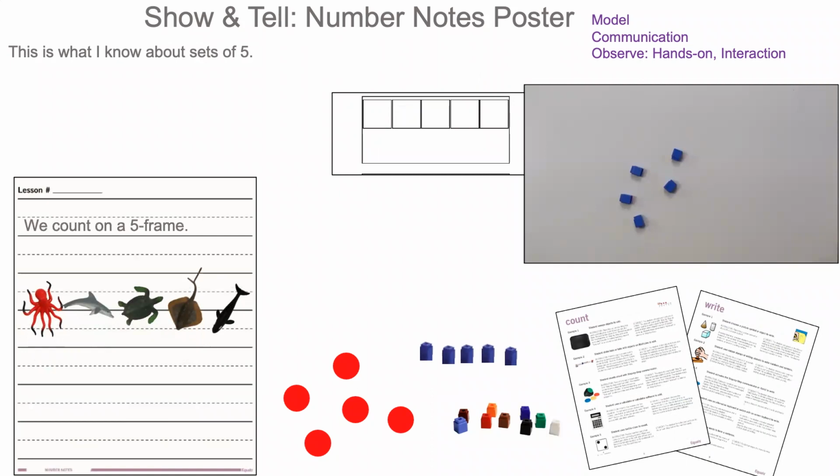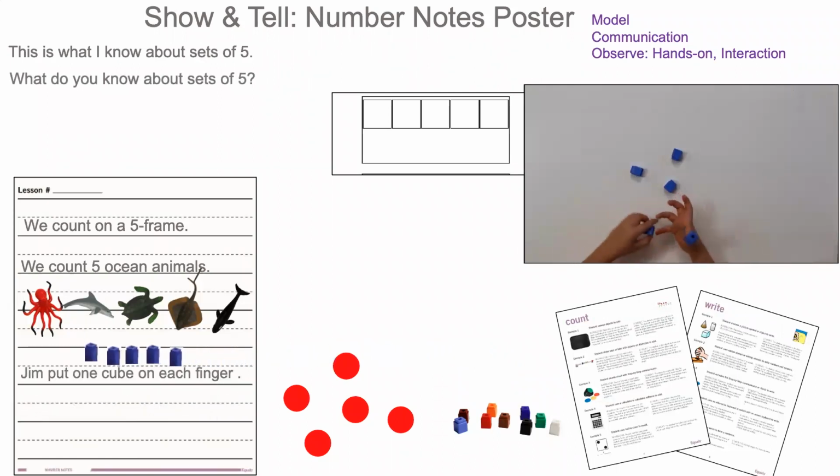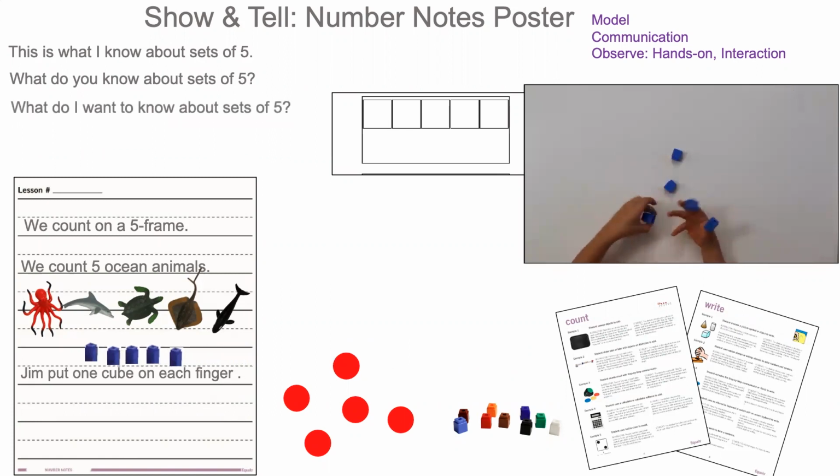As students are engaging with the materials, be sure to place those materials up on the number notes poster to reinforce their communication and actions. The third question is, what do you want to know about the lesson objective? This is a little bit harder to answer for students, so you might need to model this quite a bit